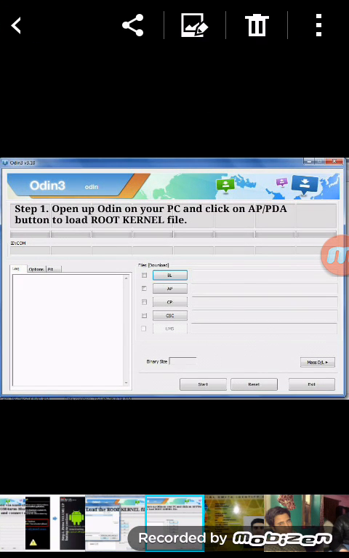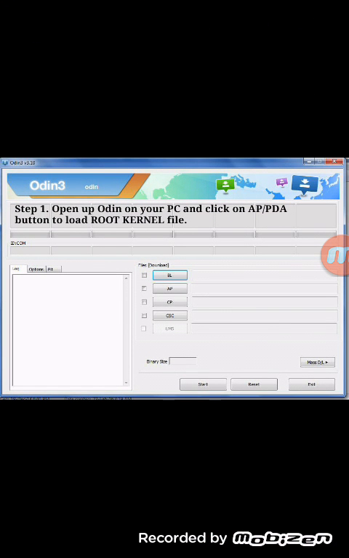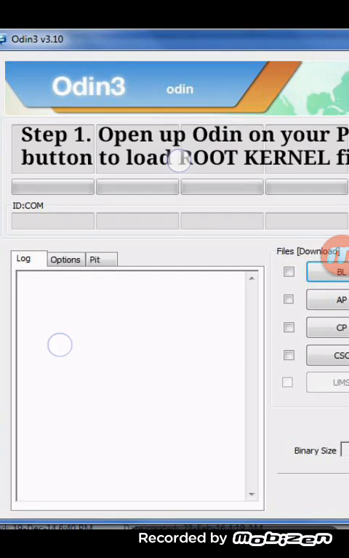For this process you need Odin 3.10 for your PC, custom root kernel file, 360 Root application for your phone, and Basic Root Checker. In the description I have provided the links for downloading these files, so you don't have to worry about it. After you get Odin 3.10 on your PC,